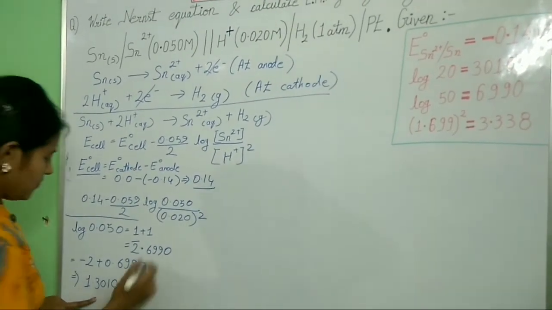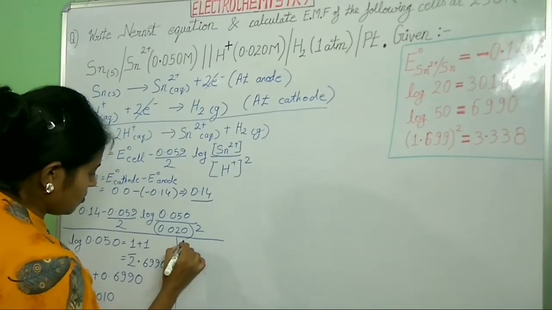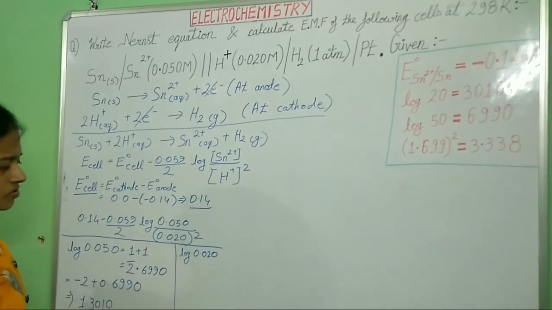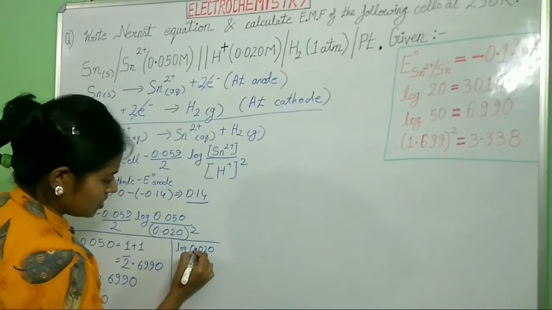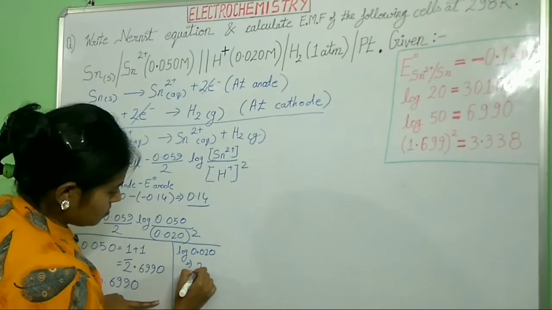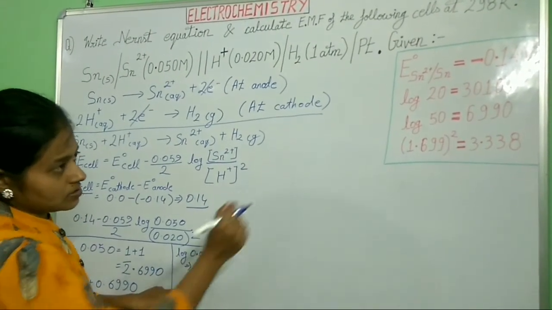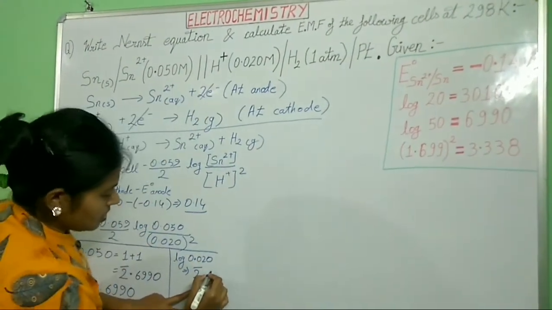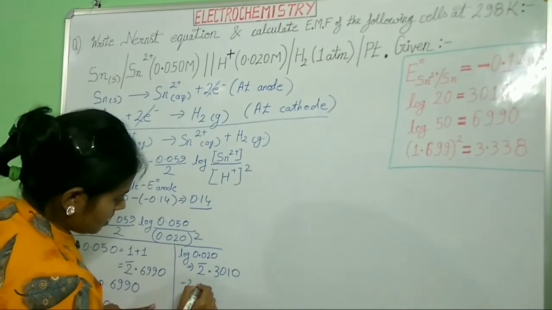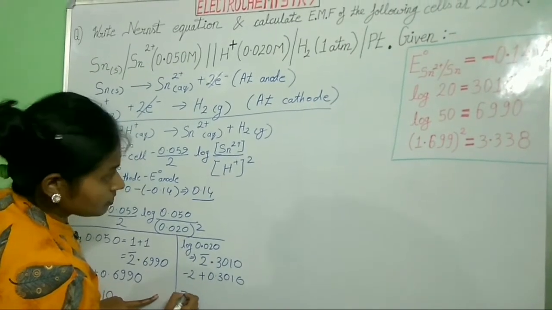1.3010. Now, how to solve for log 0.020? Log 0.020 can be solved the same way: as there is only one 0 after the decimal, we apply the same method, 2 bar. 1 plus 1, 2 bar. And what is log 20's value given in the question? 0.3010. How to calculate it? Minus 2 plus 0.3010, that will come up to